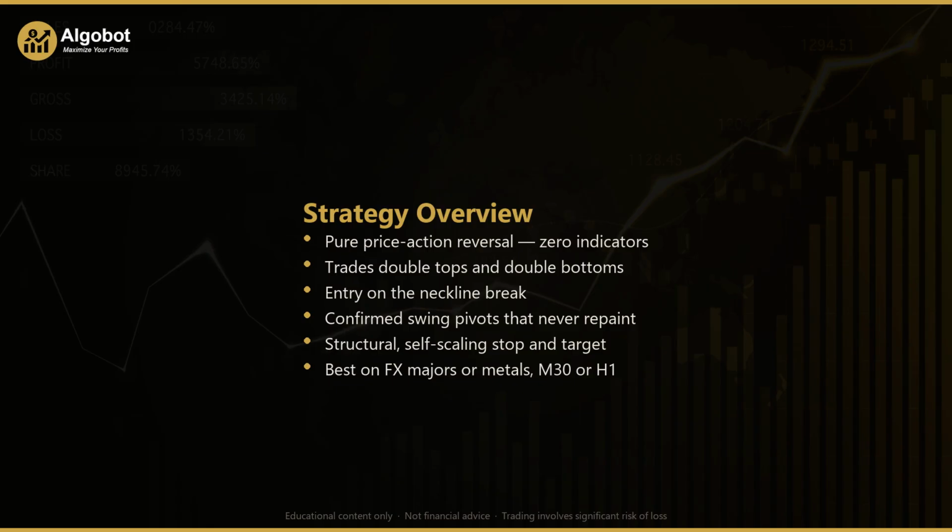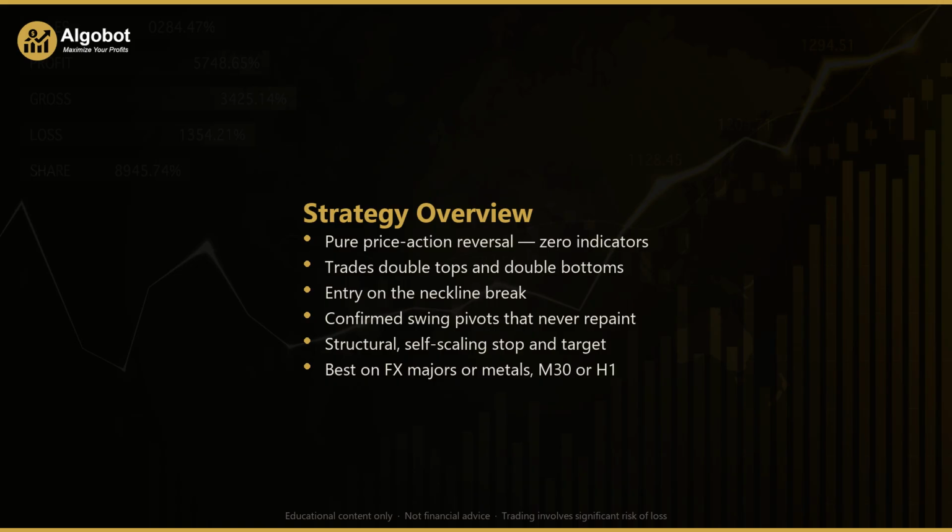So what exactly does this expert advisor do? Double tap reversal is a swing reversal strategy built entirely from price action. There is genuinely no indicator under the hood. Every decision it makes comes from reading the highs, lows, opens, and closes of finished candles. The core idea is what traders call the double tap. When price drives into a level, fails, pulls back, then drives into that very same level a second time and fails again, that level has been defended twice. The market has shown it cannot break through, and a large pool of traders betting on continuation are now trapped